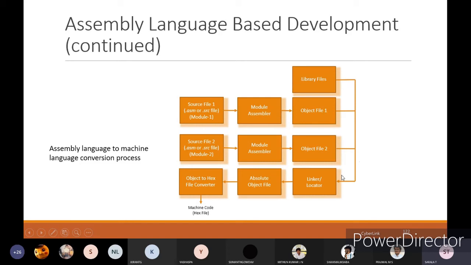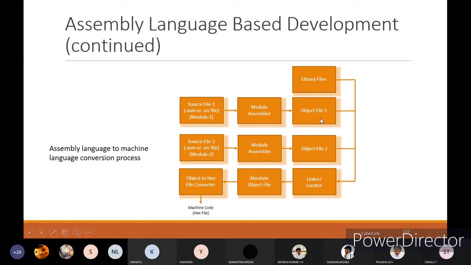Library files will support your object files. The first source file will be taken, and the modular assembler will be used to convert your program into the hexadecimal value, or your zeros and ones format. Object file 1 will be created. For source file 2, with the same modular assembler, you will convert it into object file 2.